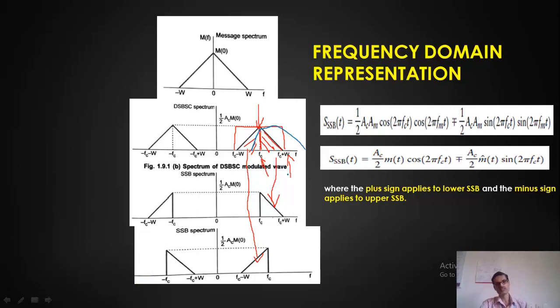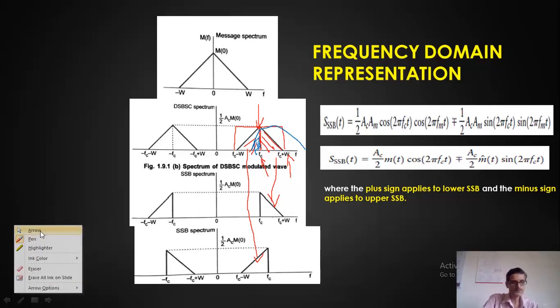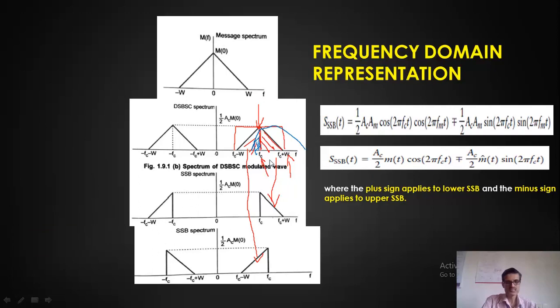This is the response of practical bandpass filters. Now what happens over here is, I want to choose only the upper sideband, but some portion of the lower sideband is also selected. Some overlapping happens here. This happens because there is no frequency separation between the two sidebands. So this is the problem with the frequency discrimination method.